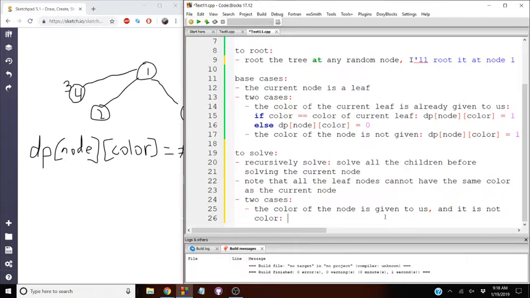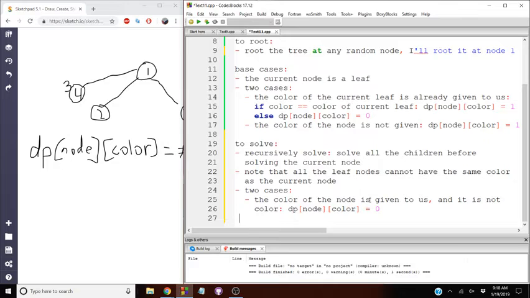In this case, we say that dp node color equals 0 because this is not possible. There's 0 ways to do this because the current node cannot have this color. Okay, and then